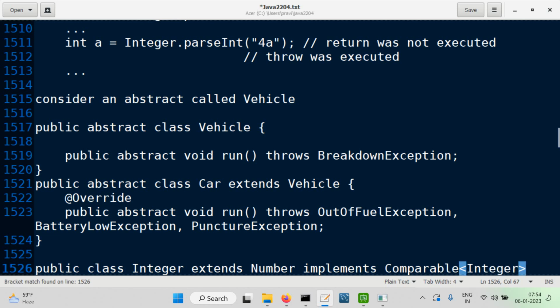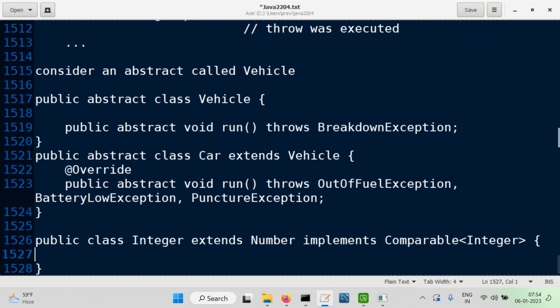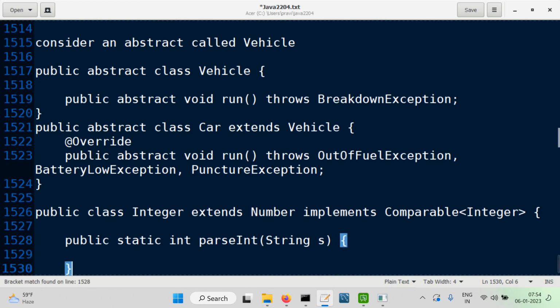You know, this is having the Comparable of Integer, and here we have this method. Now I'm only looking at the header part. So we have this public method that returns int. It's a static method as well: public static int. Name of the method is parseInt. It takes as parameter a String s and does not have a throws. Some statements are there,